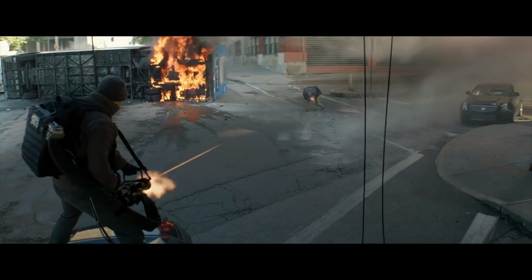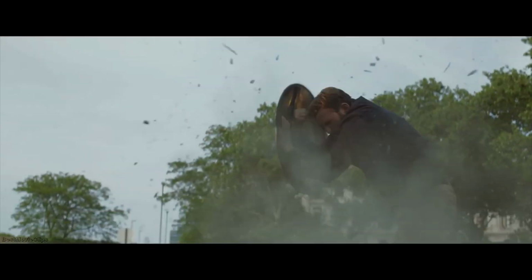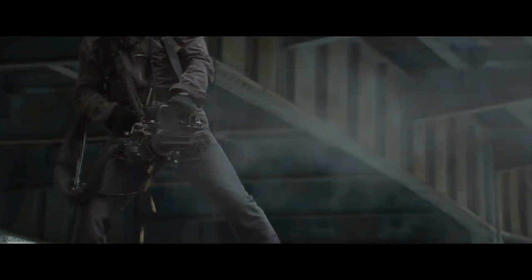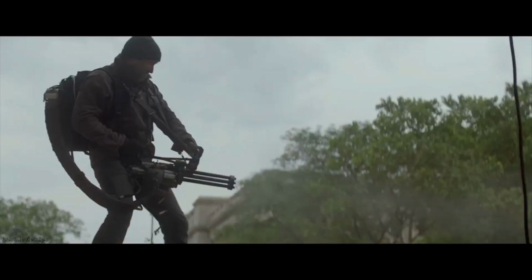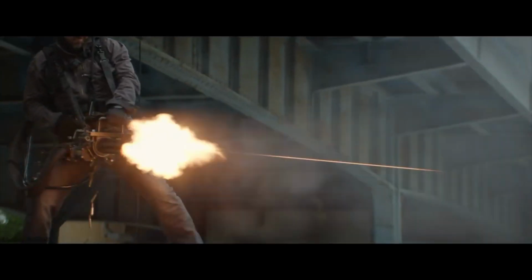So unfortunately it's just a random Hydra agent that's using it, but he is wielding it the same way that Blaine did in Predator, where he's holding the minigun and he's got that ammo feed going right round from the gun onto his back, which is obviously housing all the ammo. And this one's quite cool because it's like they've cut the barrels down in half and made it like a really small snub-nosed minigun. And obviously this thing is no match for Captain America's vibranium shield, and the bullets just